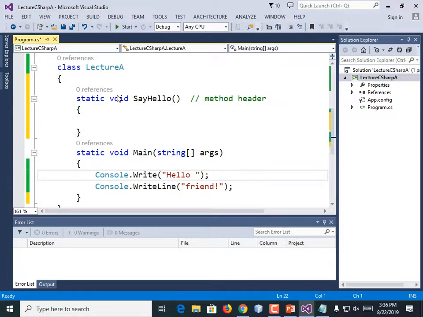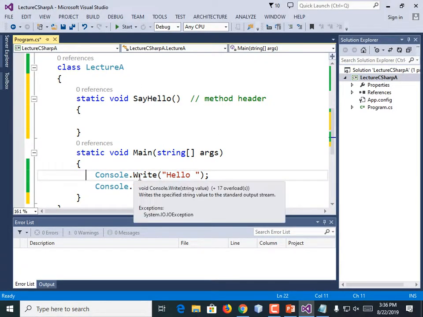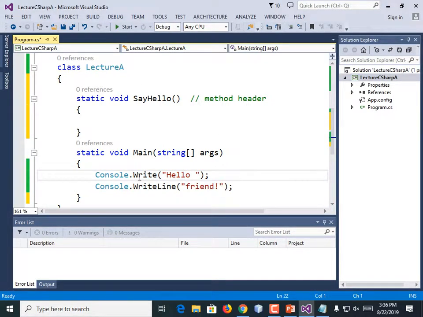Why don't we cut those two lines? You see me, I use keyboard shortcuts all the time, so all I did is I moved my cursor to the beginning of the line and then hold the shift key and then hit the down arrow a couple of times and I highlighted those lines. And then I did Control X, or I'm going to cut it. Of course, you can do everything with the mouse if you prefer.